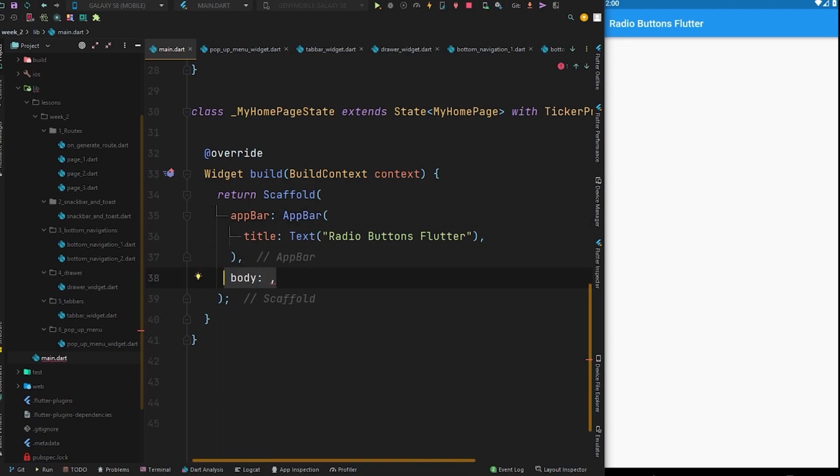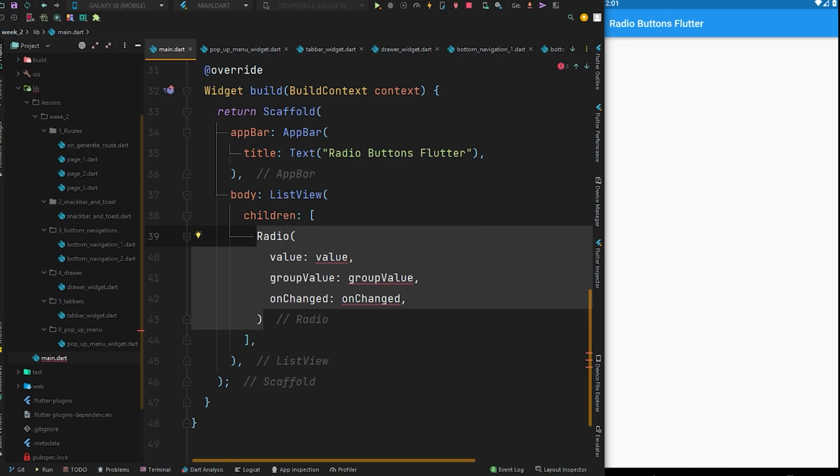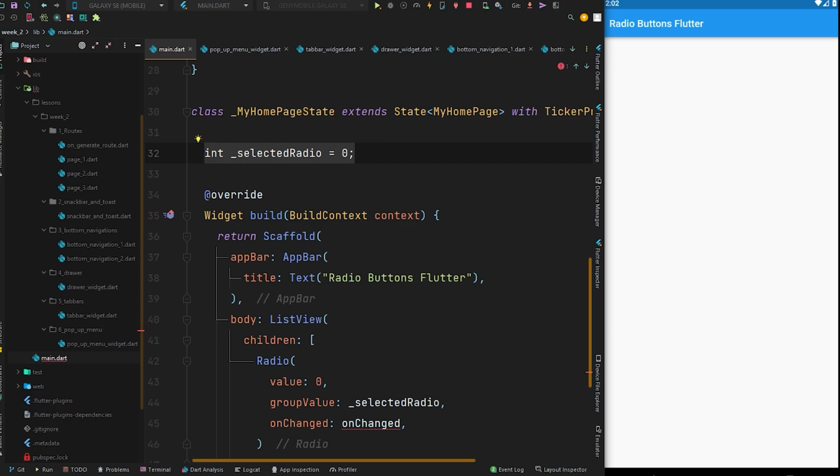So now in here, in the body of the scaffold, we are going to have the list view and the property children which accepts the list of widgets. And inside the list view children, we are going to have the radio widget which comes from the Flutter material design, and it has some required properties or compulsory properties that are value, group value and the on change. So we set the value to 0 as this is going to be our first radio button, and we set our group value to selected radio, meaning that when this radio will be selected,